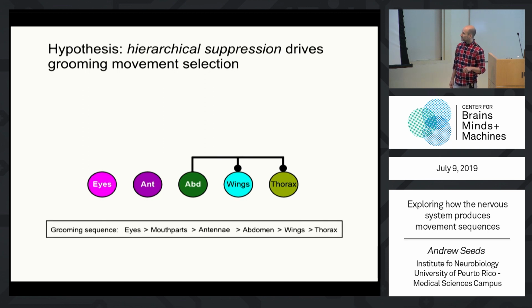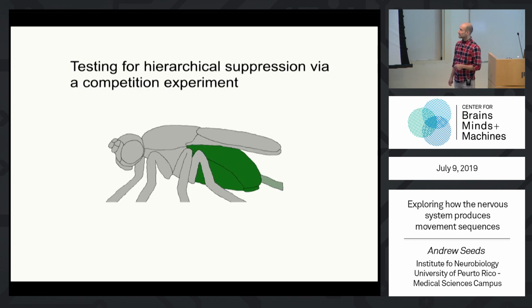Another example would be abdominal grooming, which comes after eye and antennal grooming, but before wing and thoracic grooming. And if abdominal grooming is active, it cannot suppress grooming of the eyes and the antenna, but it would suppress grooming of the wings and thorax. So the way that we tested this hypothesis was to take advantage of these Gal4 lines